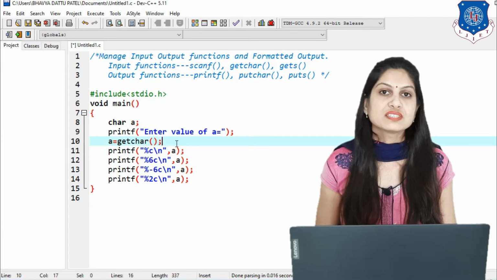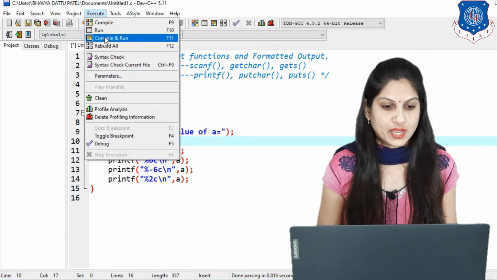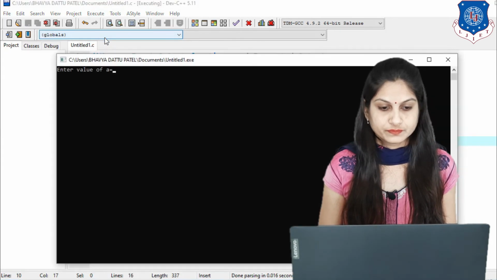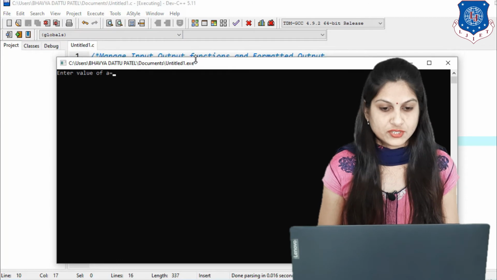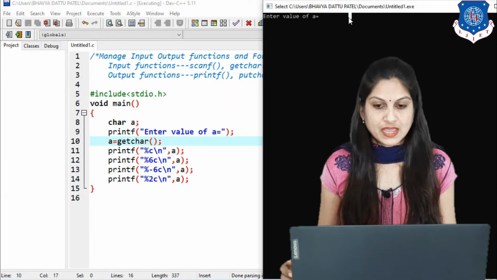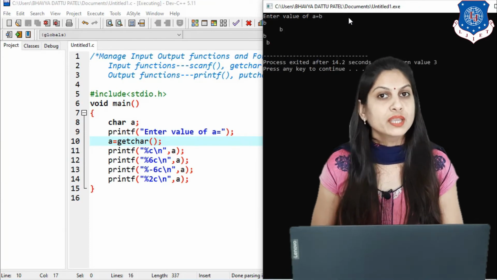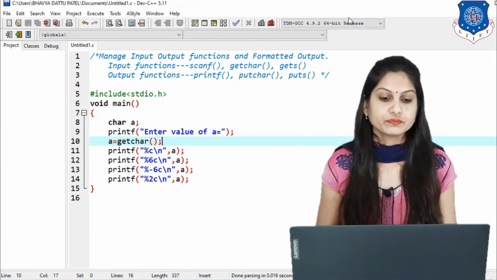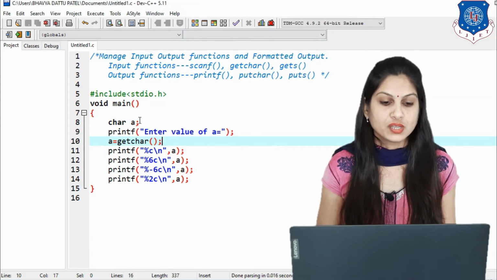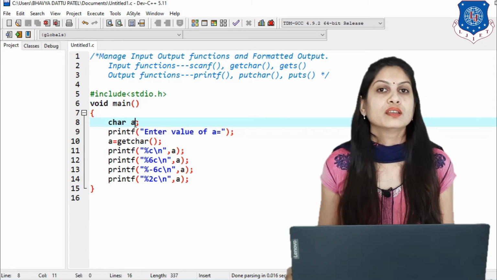So it is similar to the scanf functions. So the output is same. Just execute this program and you can see the message, enter A, and suppose I am entering value of A just like B, then different B will be printed. Clear? Now move onwards onto the next data type, that is string, and for that we have to read character